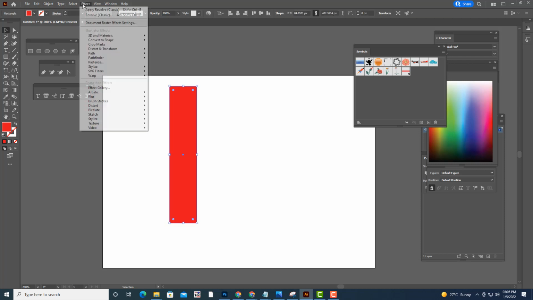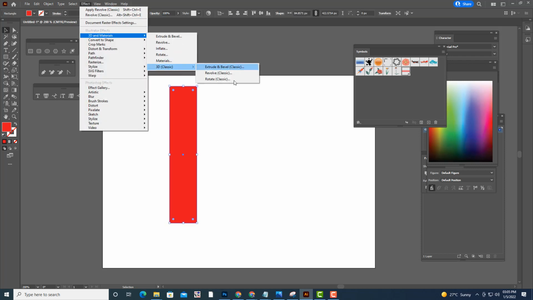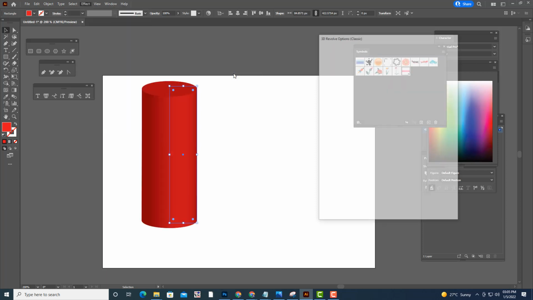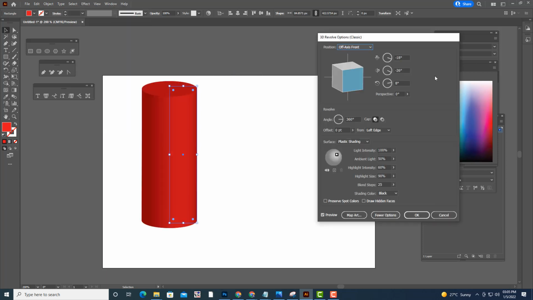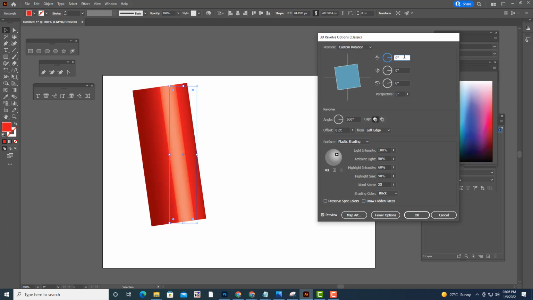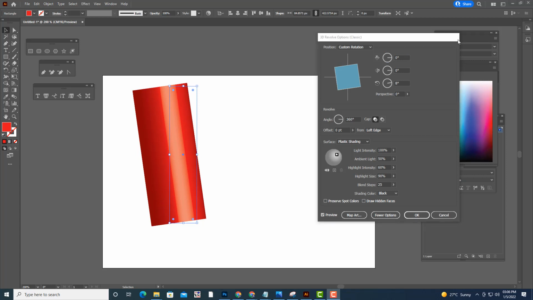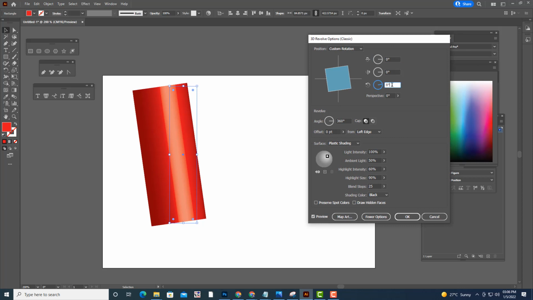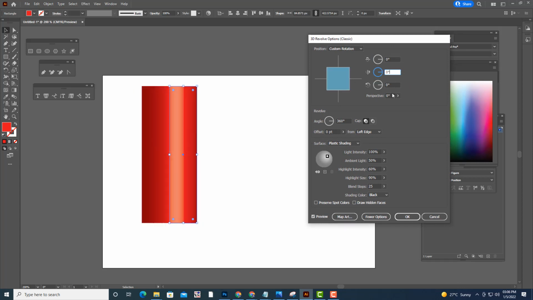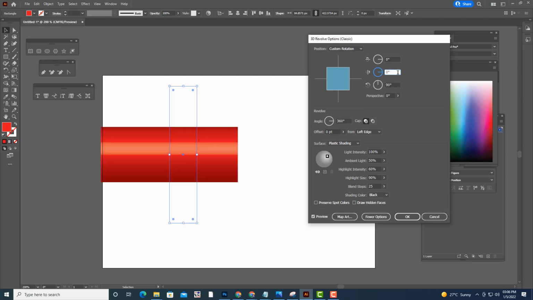Then we will go to this revolve option. Now we got a cylinder, so we will keep it 0 here, and we'll make it 90 here, so that we have rotated it.